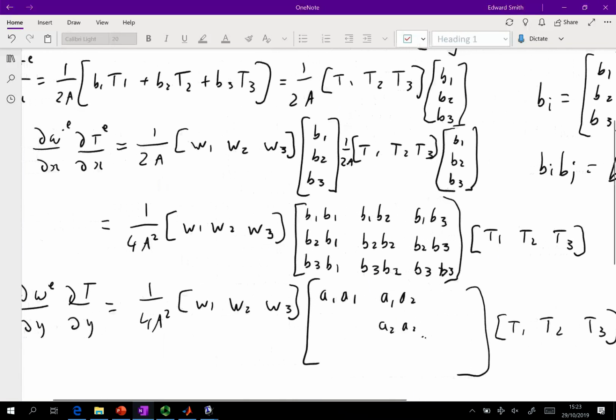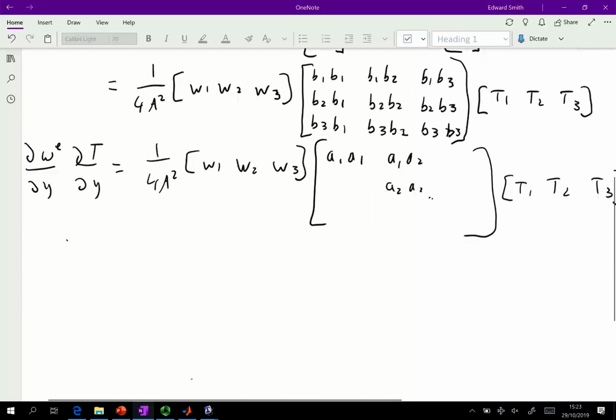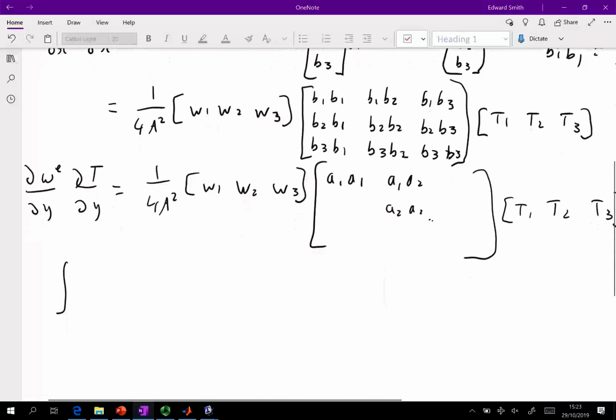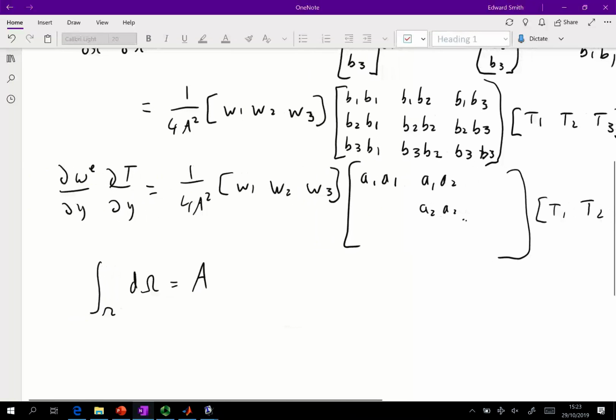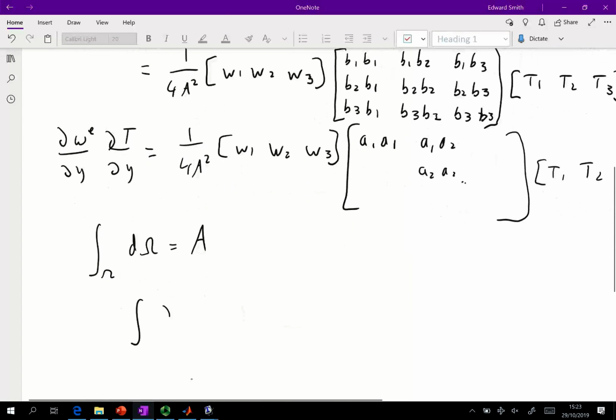Okay, so the last thing I want to show you now is what happens when we try to integrate this. Now this is all constant. There's nothing in any of this expression here that has a dependence on x or y. So actually the integral of this simply becomes the integral over omega, which is just equal to area. So what we end up with is the integral of, say, d omega dy, dt dy, d omega is equal to a over 4a squared times,